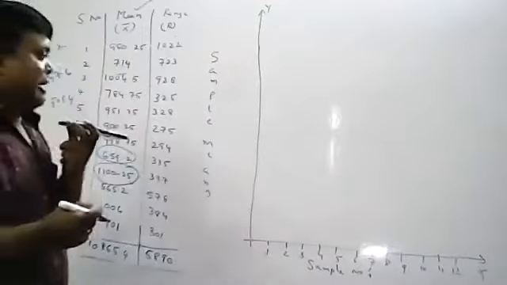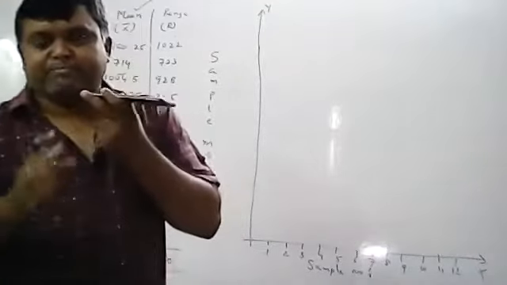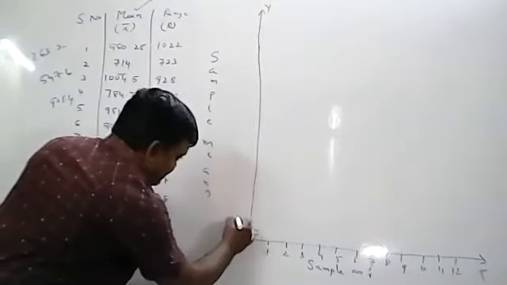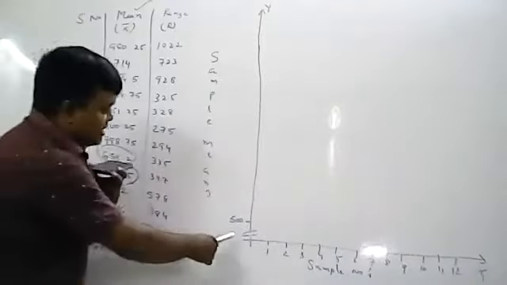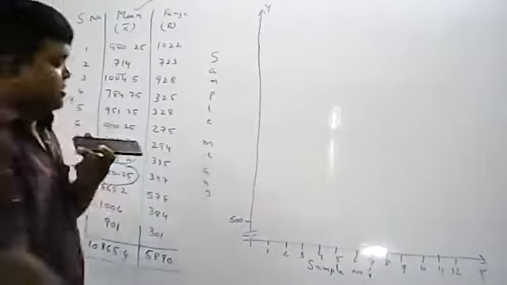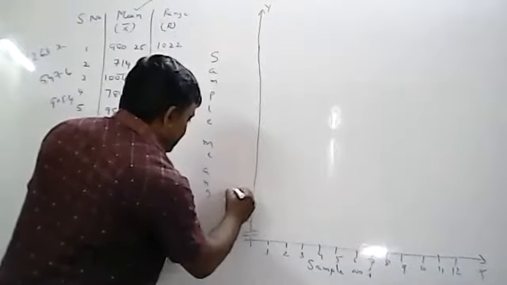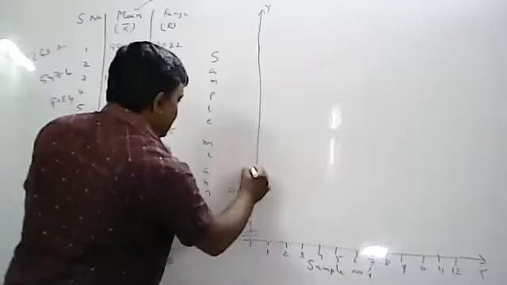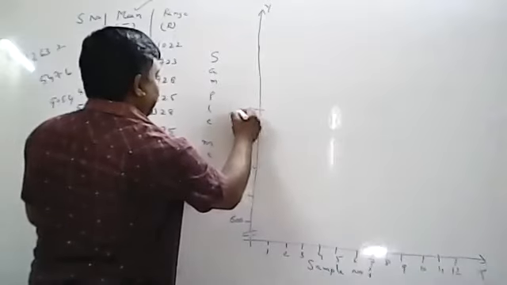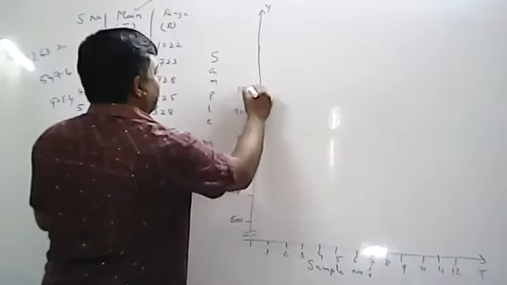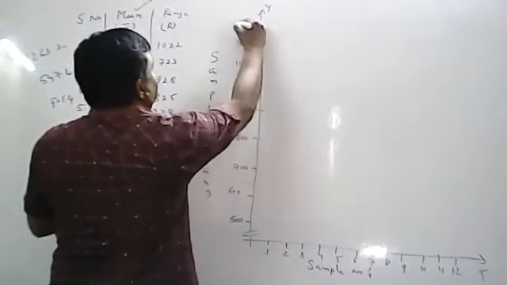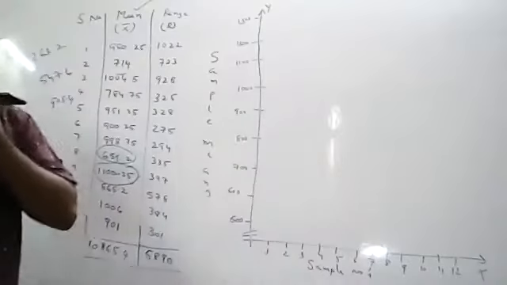So what I have told, the minimum value is 500. Scale should be 500 to 1300. So directly I will take 500. Make it as two crossbars like this. Then you can take any value. So 100 difference I will take. So this is 500. After that 600, roughly I am drawing. In the practical examination, graph paper will be provided. 800, 900, 1000, 1100, 1200, 1300. Like that, you have to identify the scale first.